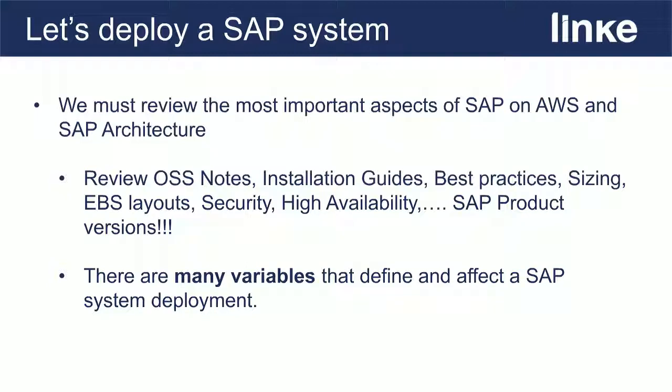Okay, so let's start with how we deploy SAP systems traditionally. Every time an engineer of any of us needs to deploy a new SAP system for a customer or for an internal customer, there are many things to be considered and a lot of work to be done. So we have to review some OSS notes, we have to review the installation guide, best practices for the platform, operating system, and database that we are going to deploy,